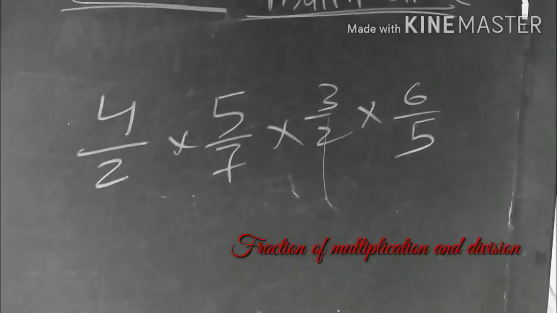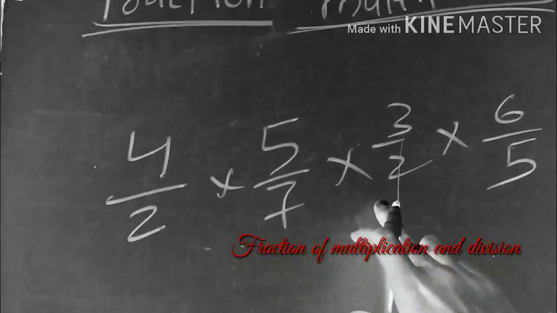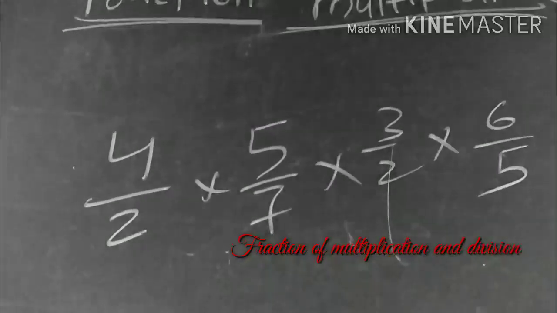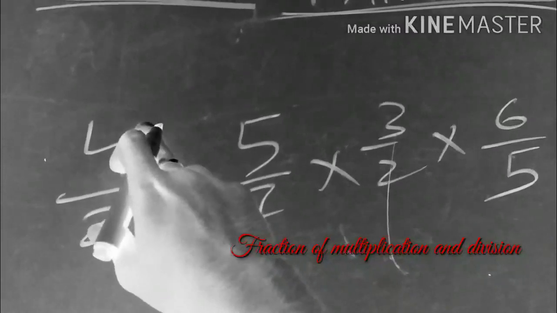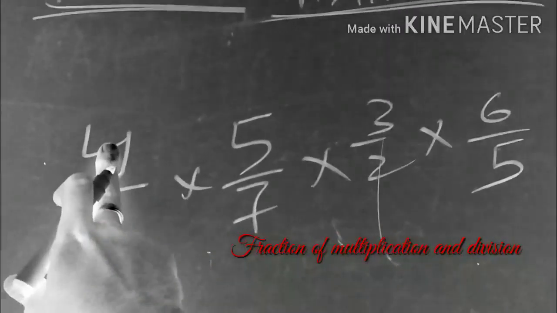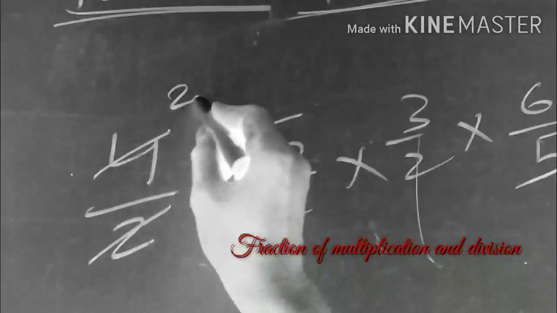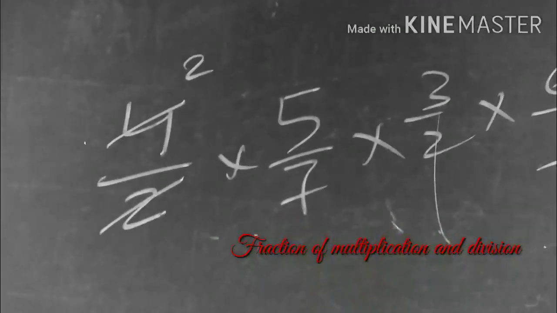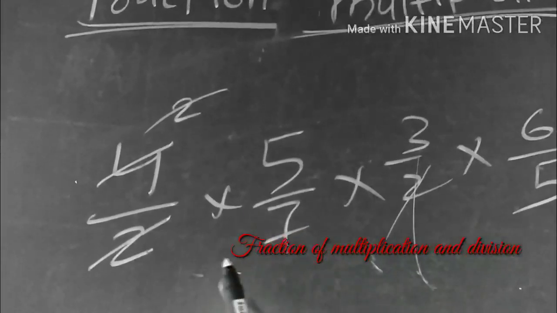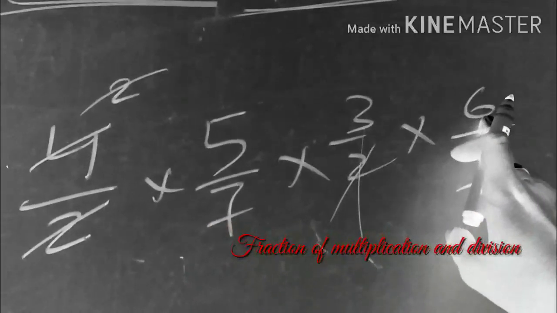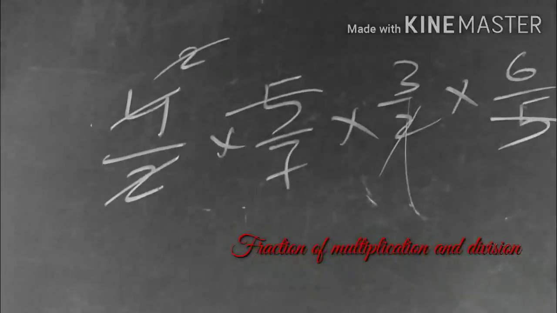So we will look at the common. 4 and 2 common, 3 2s are 6 by 5. Then we will cancel 2 by 6, it is possible to cancel, 2 by 4 is possible to cancel, otherwise no. So we will look here. 4 2s are 12, 2 2s are 4, and these 2 and these 2 cancel out. Now this is 7, this is 3, this is 6, so it's not possible. This is 5, this is 5. Yes, 5 and 5 are cancelled.